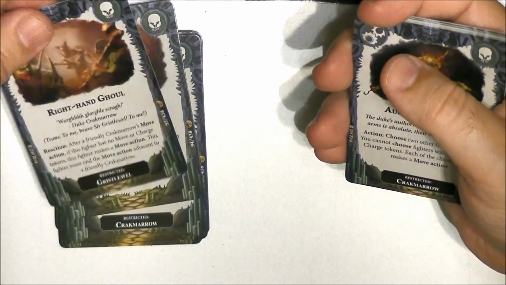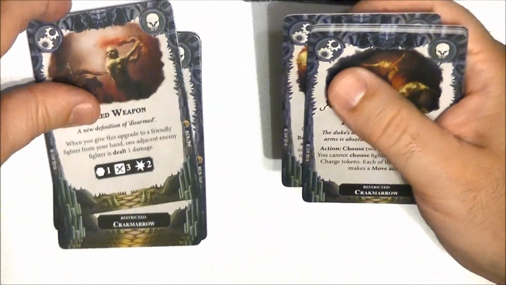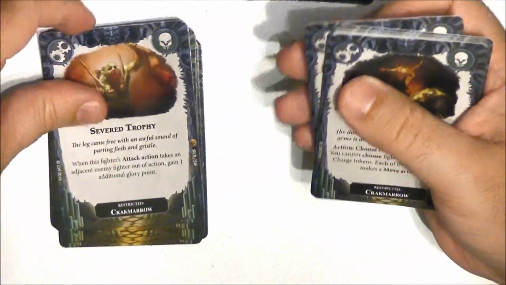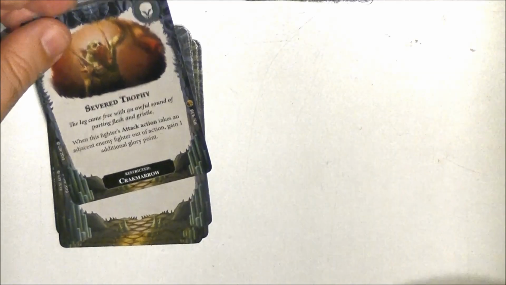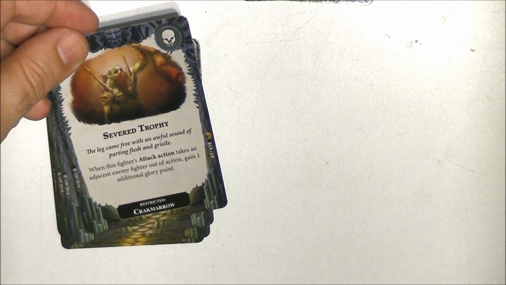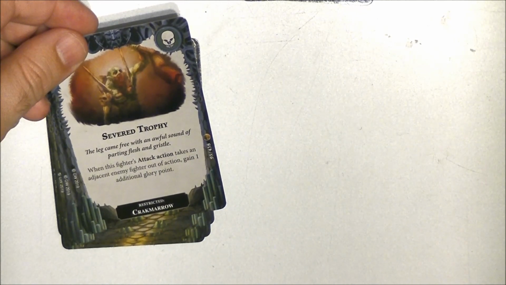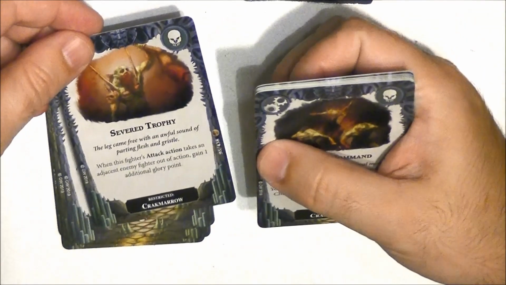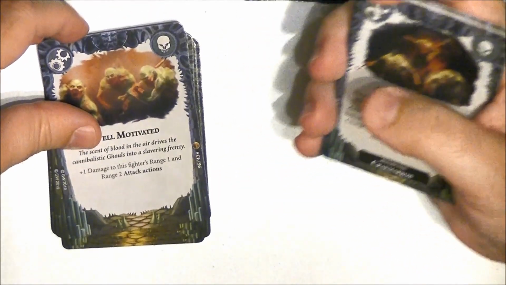This is as well. You can see we have some restrictors, right? So there are some weapons. So this increases the weapon to strength 2. This is the one I was telling you about. It is for your leader, and when an attack action takes an adjacent enemy out of action, gain 1 additional glory point. Very similar to the trophies